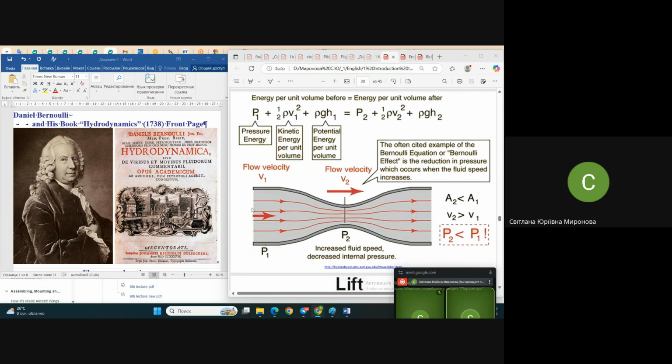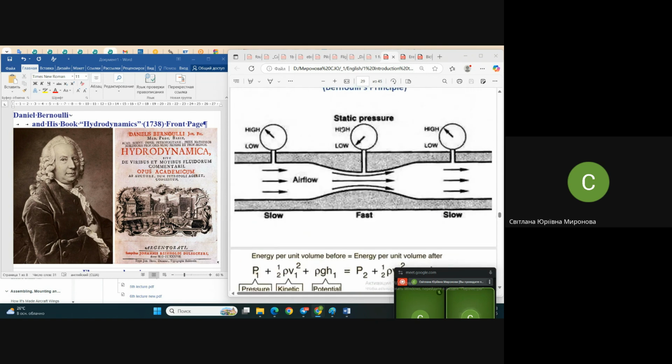You see cross-section number 1 has a wider, greater area, if we imagine the pipe, and cross-section number 2 has less area. And on the right, energy is written, and on the left, energy is written for these different cross-sections. What we see: Bernoulli has split this energy and wrote that energy consists of 3 components. Pressure, which you might see in a manometer,